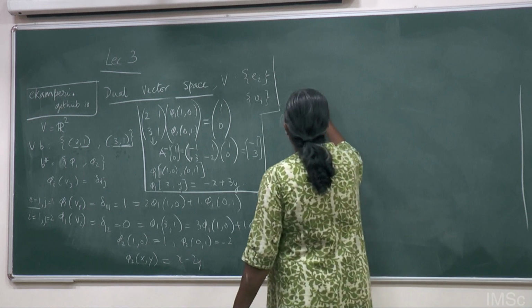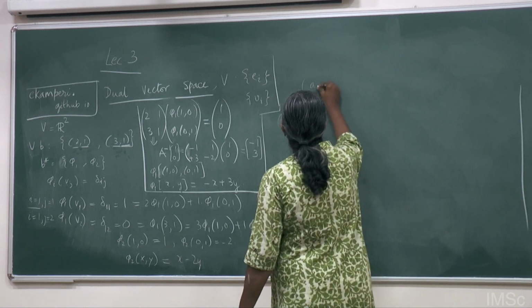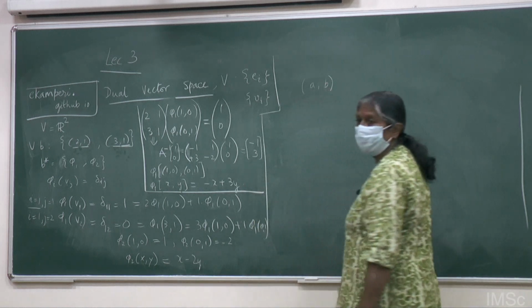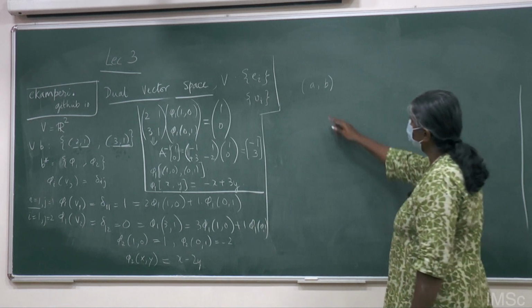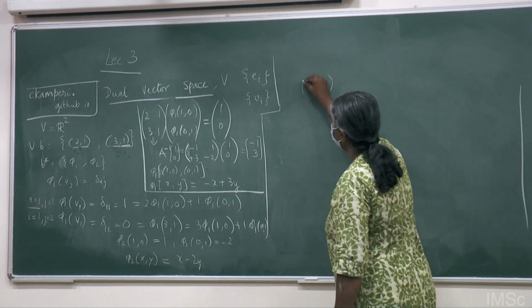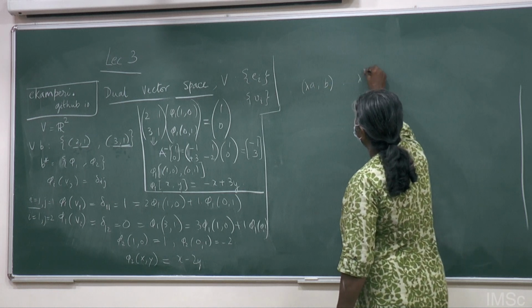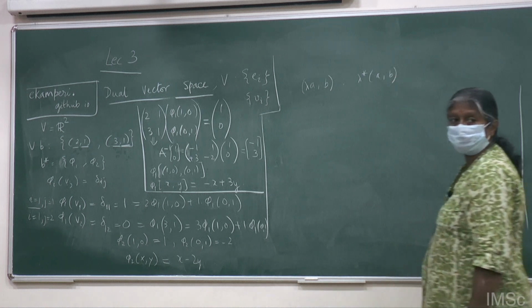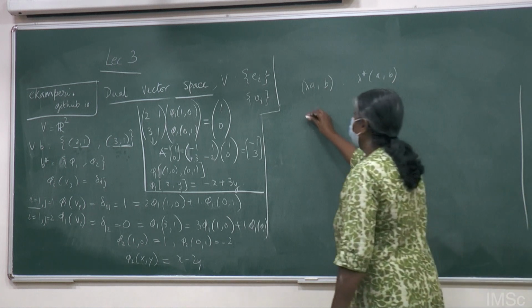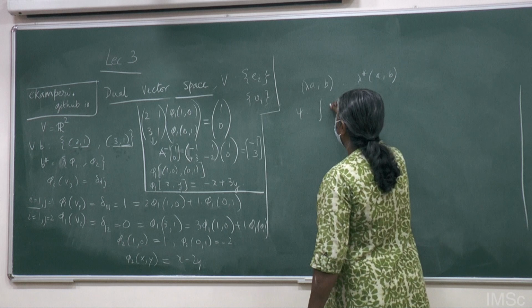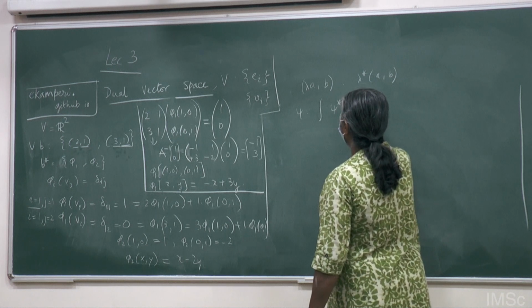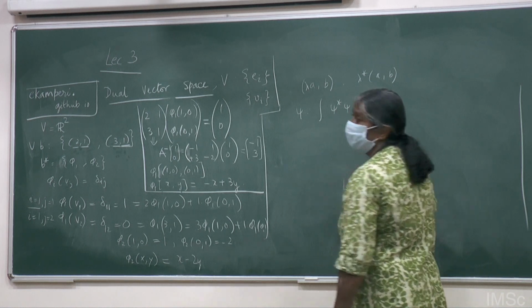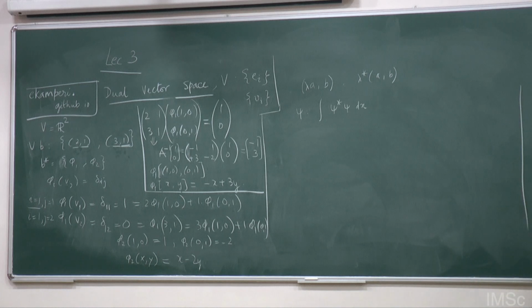Okay, so for example, we talked about this scalar product (A, B), and we also said that it's possible that if it's a complex vector space, then this comes out to be lambda star (A, B). And I also gave the example that when you have a wave function psi, then the norm, or whatever appears physically in your quantum mechanics, is psi star psi and not psi into psi, right?